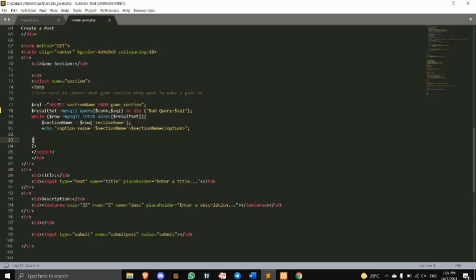And first we select section name from game section, and what it does is game section is the table and section name is the column inside the game section. And then this SQL value, which is section name, will be put here, and we connect it to the database. And then we put it inside this variable, which will be put inside here. And then we put it inside the variable row, which will loop